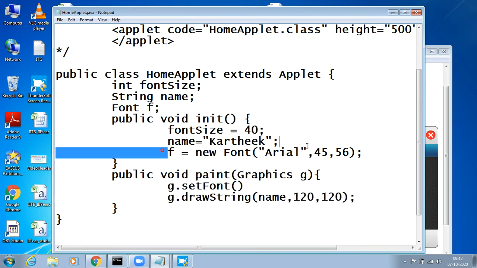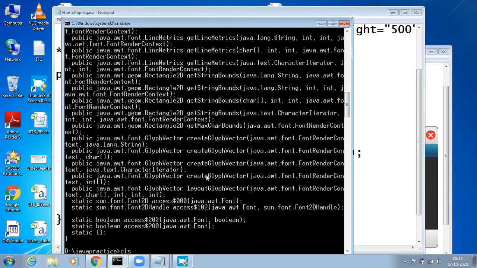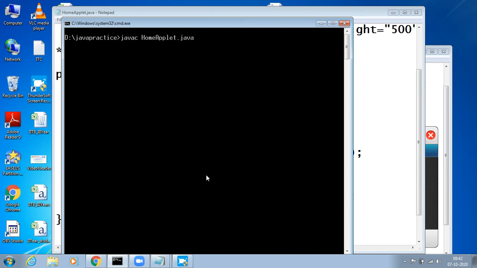First we have created a font, then set the font on this particular graphics. So setFont of f. setFont of f will apply this font on this particular name. Okay. We'll just try to run the program and check how it looks.